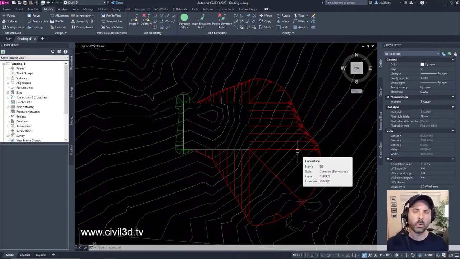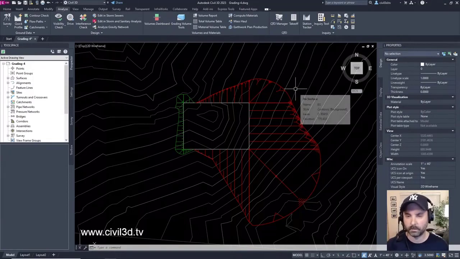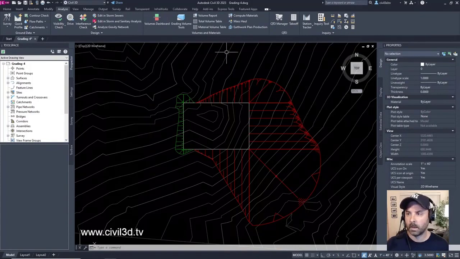And there's a kind of a cool little tool to be able to do that for those that don't know a whole lot about Civil 3D. A lot of the experienced people will know about this, but we'll go into the Analyze tab, Analyze. Then we have our volumes and materials panel.